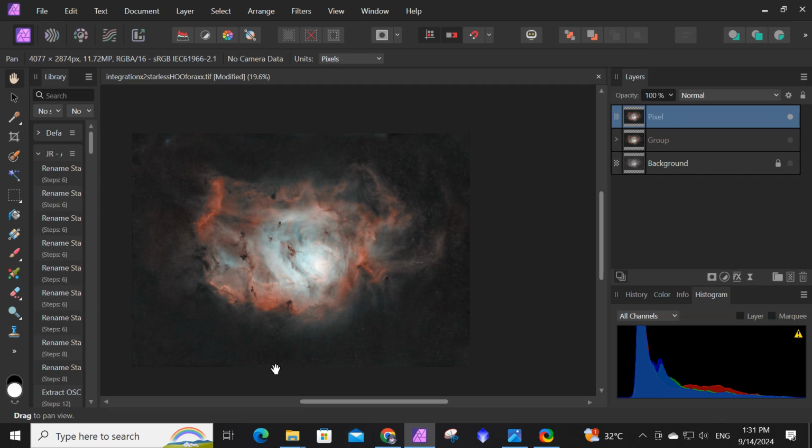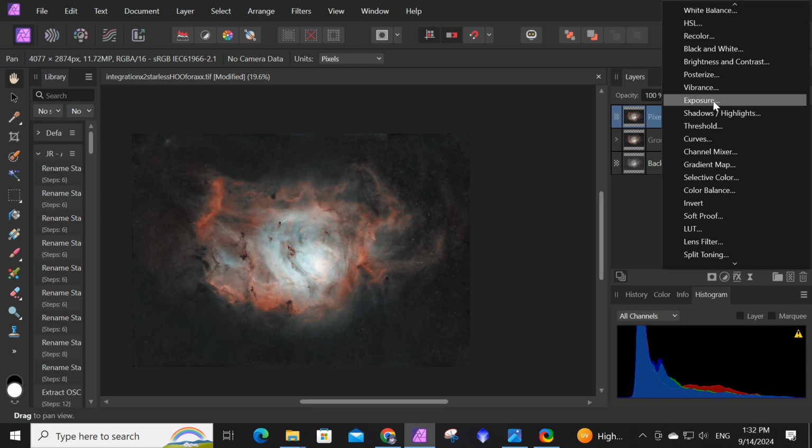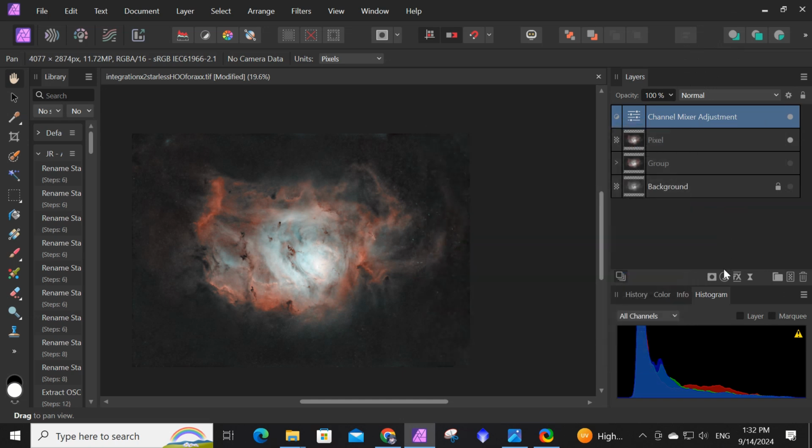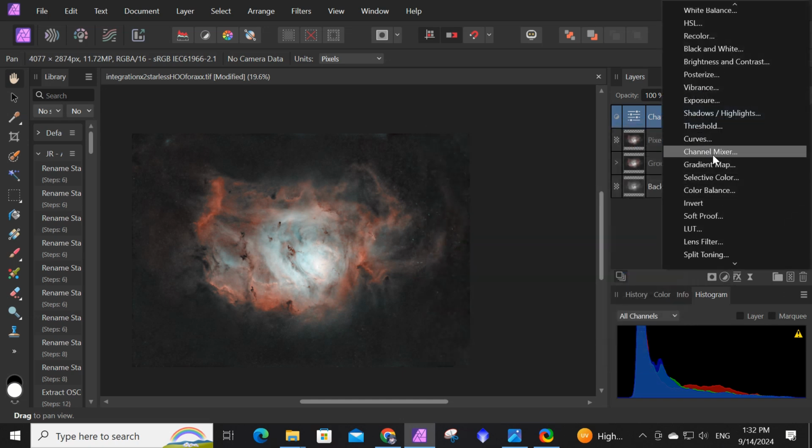And so now I'm faced with a few forks in the road here of where I can go. I think at this point I will do the coloring. So there's several tools to do color with. There's a channel mixer, there's a selective color, and there's a color balance. I don't know how anybody wants me to directly go into each and every one of these. I think I'm just going to show you how I do it. And if you want to learn more about these, you can watch some other videos that are out there that